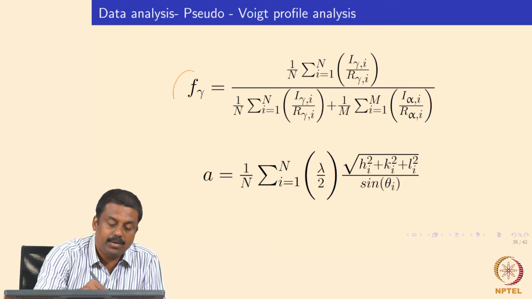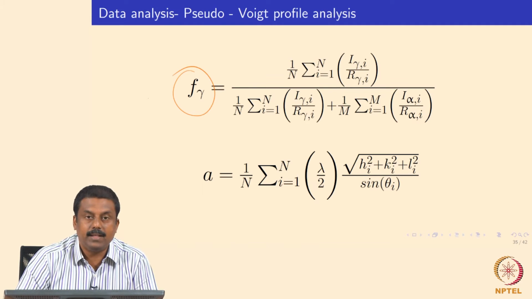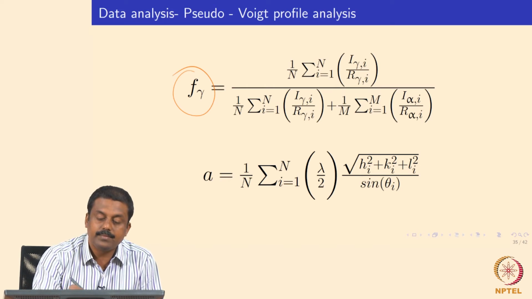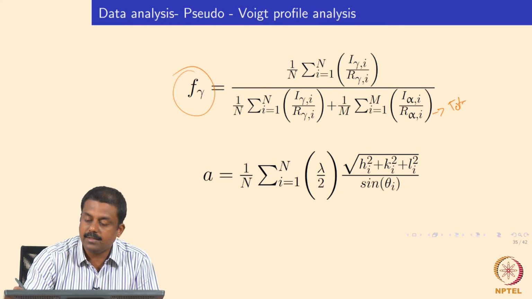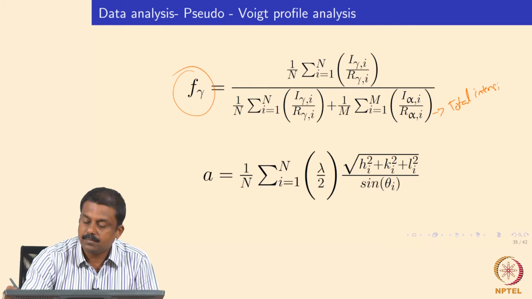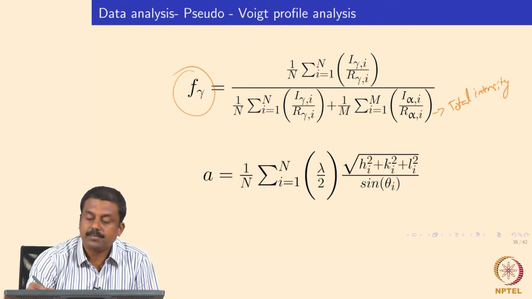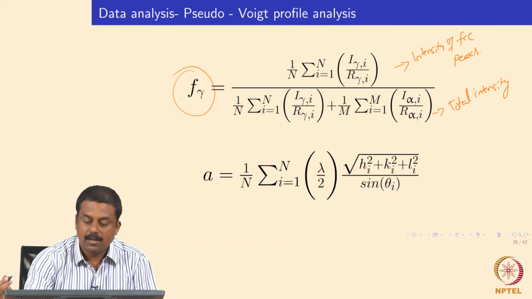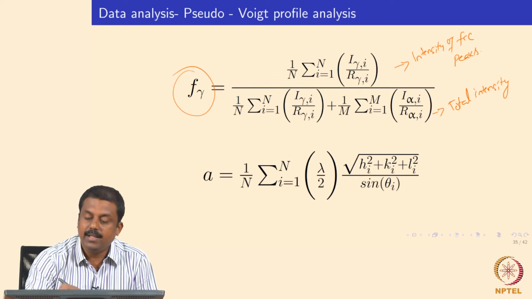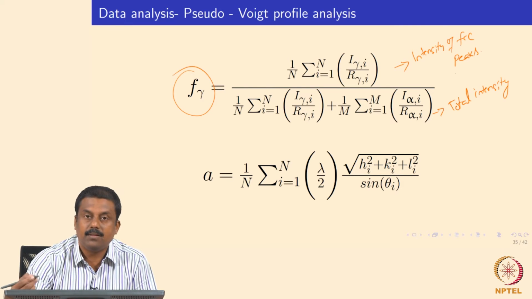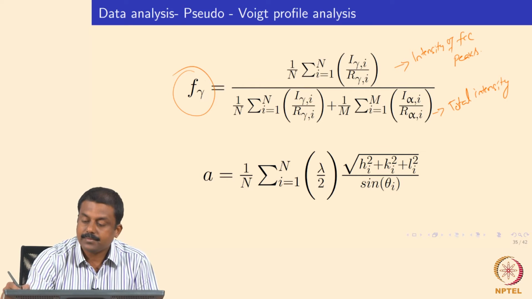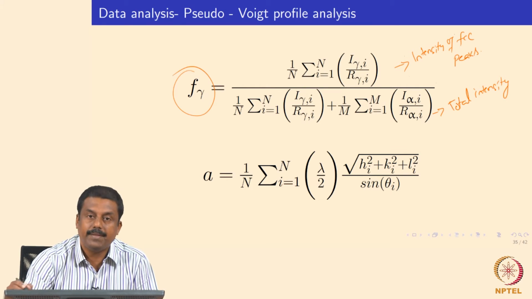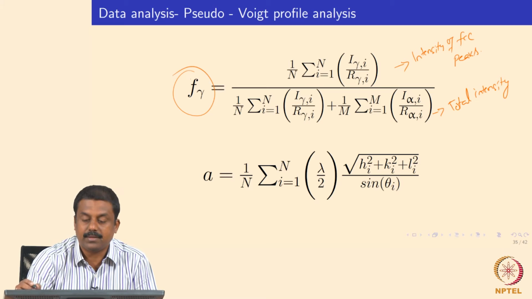So the amount of retained austenite present in the microstructure is nothing but the total intensity in the diffraction, the total intensity over the intensity of FCC peaks, right? So the total intensity over the intensity of FCC peaks will give us the ratio between the total microstructure and FCC. So that again will give us the amount of retained austenite present in the microstructure.